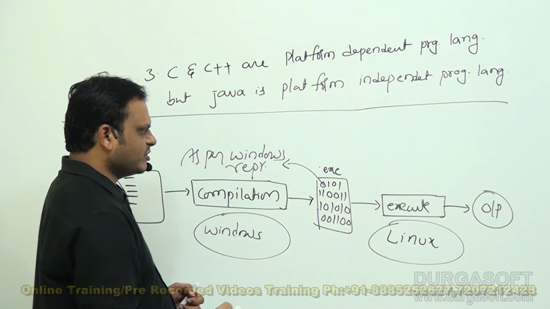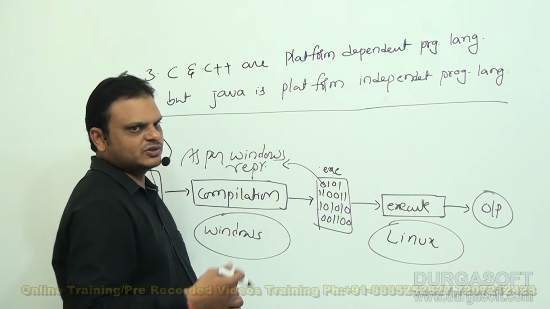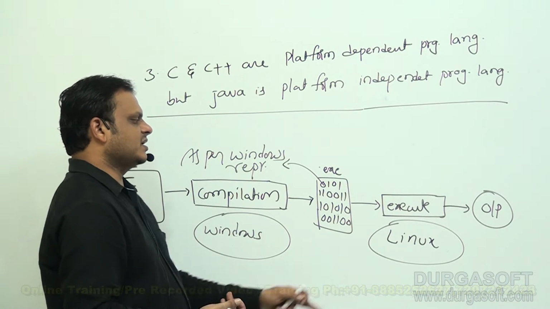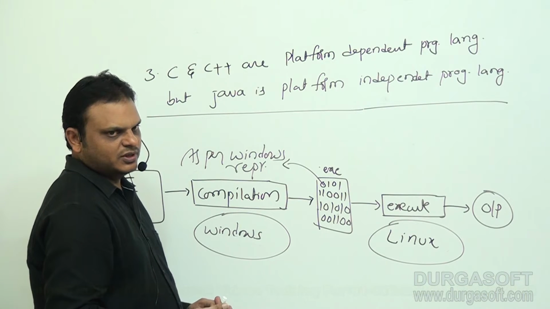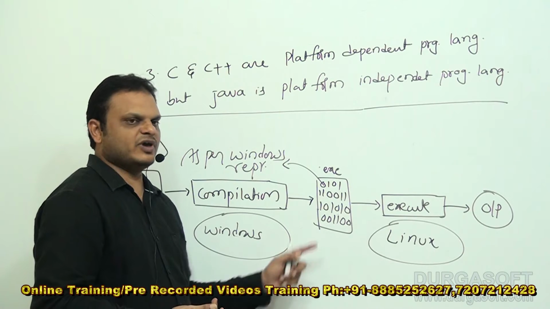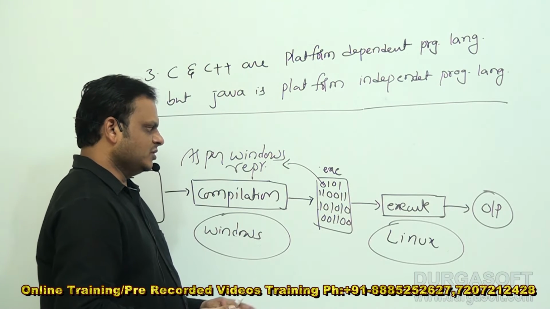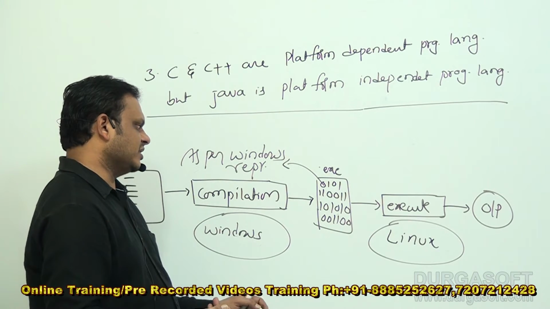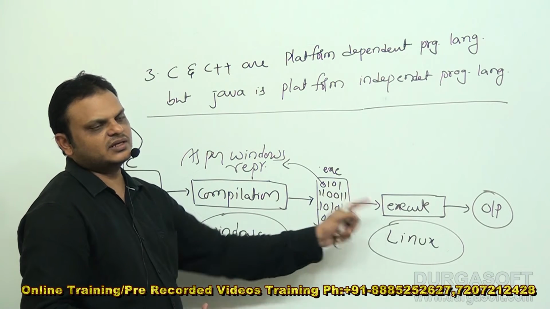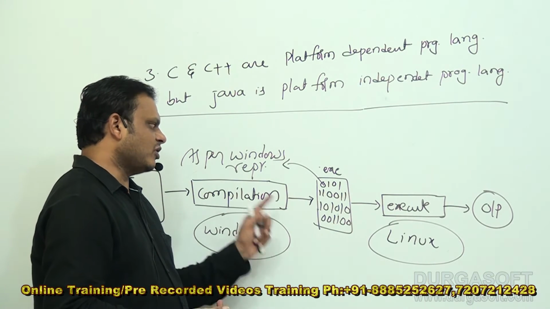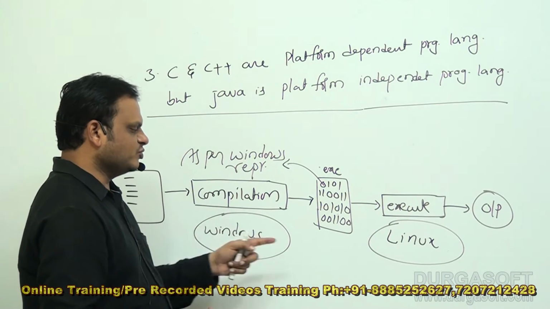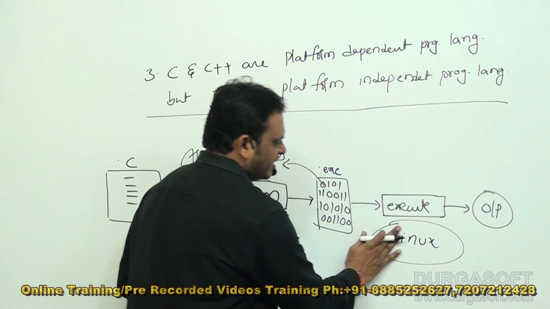So because of this mismatch only, our program will not be executed clearly. But if you want to execute our program, what we have to do there, at runtime we have to change our operating system. Initially we have used Windows operating system for compilation. The same operating system we have to use at runtime also. If we are using a different operating system at runtime, a Windows represented .exe file will not be executed on any other operating system. So if you want to execute a Windows represented .exe file, then at runtime we must use the same Windows operating system for execution time here.